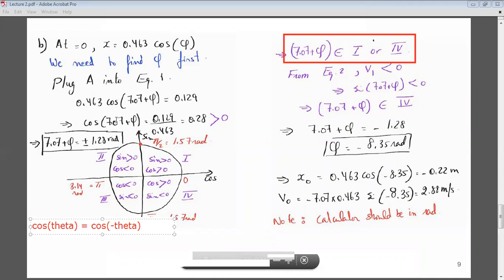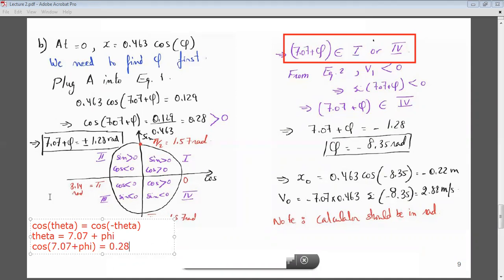Okay, so if I have the cosine of an angle, so here theta is 7.07 plus phi, right? So I have cosine of 7.07 plus phi is equal to 0.28, implies